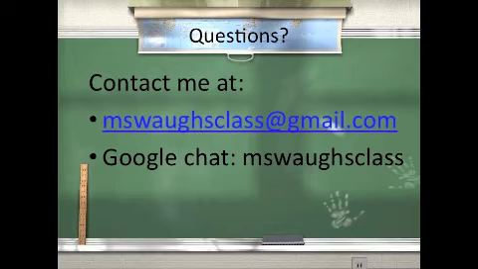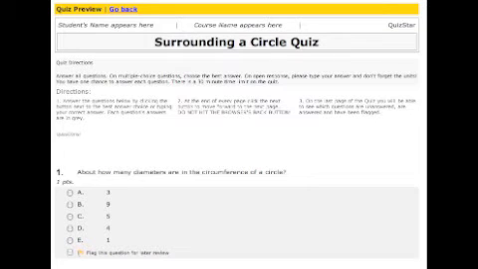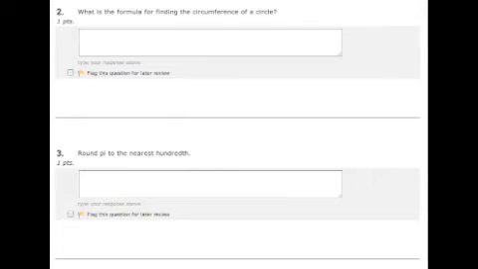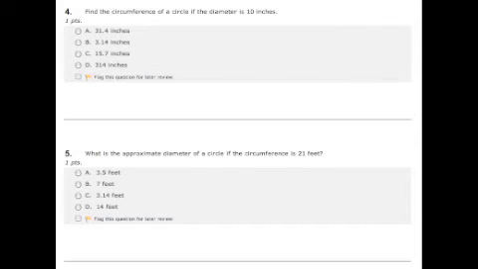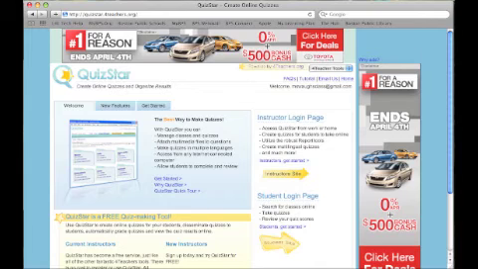I have developed a final online quiz as a summative assessment of the lesson. Questions include stating the formula they found for finding the circumference and computing the circumference. Questions are both multiple choice and short answer, and each question is worth 1 point, for a total of 10 points. The quiz is online at